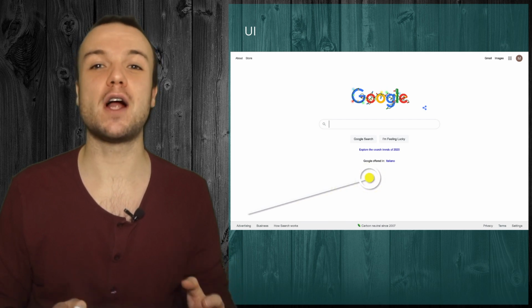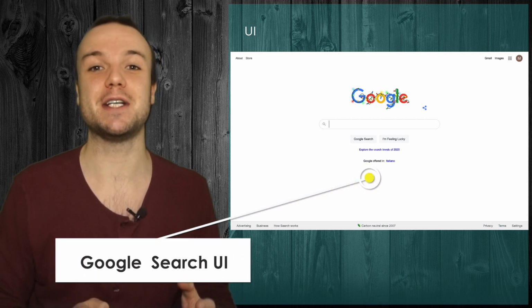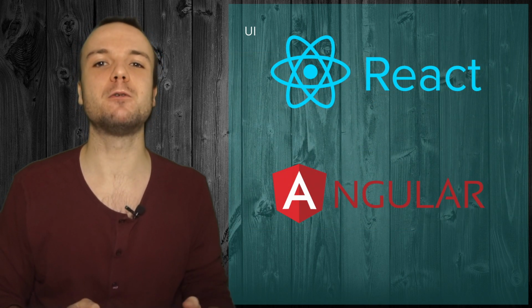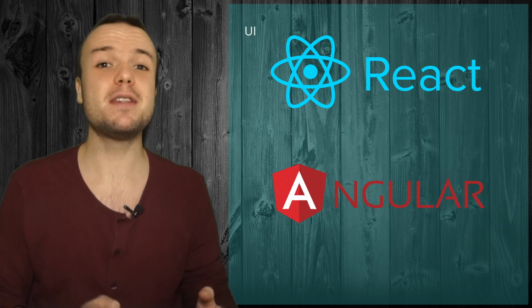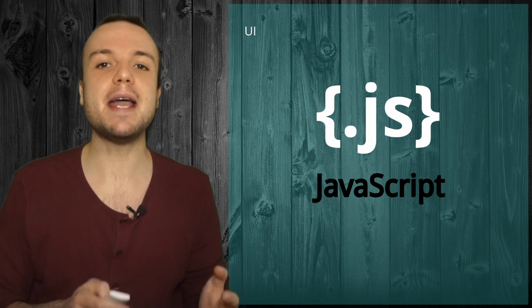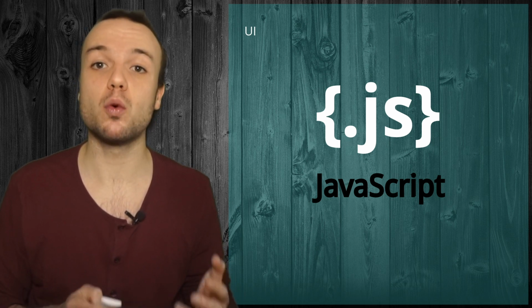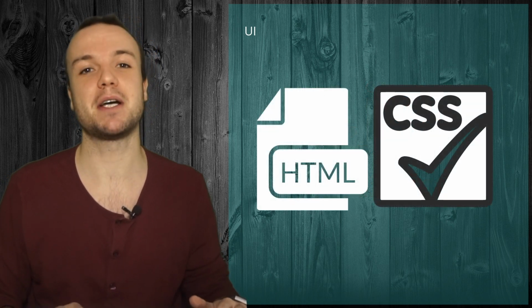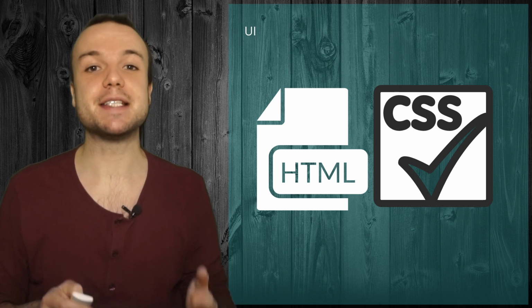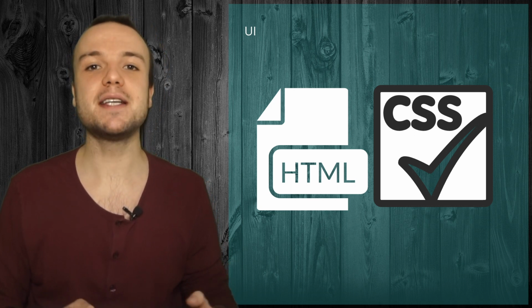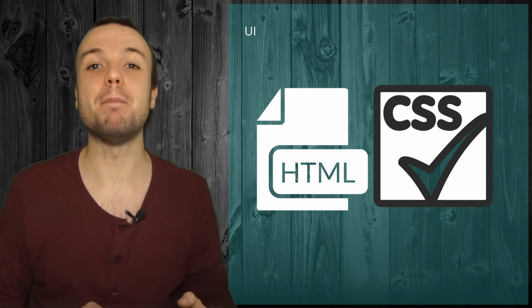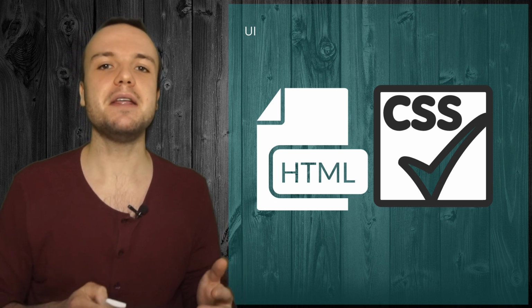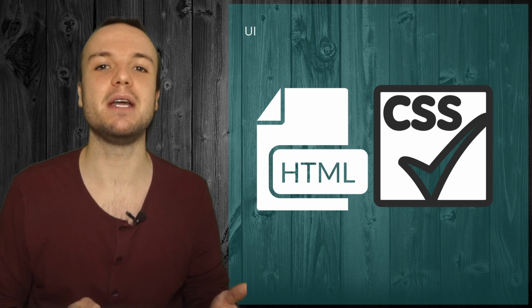There are some great technologies out there that can help us build great user interfaces. If we're building a web application, React and Angular are the most popular technologies used at the current time. Both of them are based on the JavaScript language, which these days is the most used programming language in the world. Every front-end technology that you'll choose will require you to know some basic HTML and CSS. Those are languages used to display documents on a web page and style them. While technologies based on the JavaScript language deal with making a page dynamic so that it has different behavior as a response to user clicks, HTML and CSS will take care of what's statically being shown to the user.